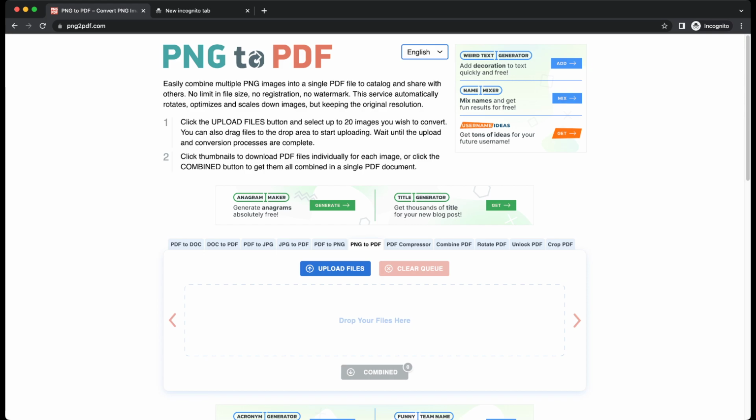Just go to this website, it's called png2pdf.com. Here you can drop any image you want to convert into PDF. For instance, I want to convert this image into PDF. This is a JPEG format and I want to convert it into PDF. I simply drag and drop this image here